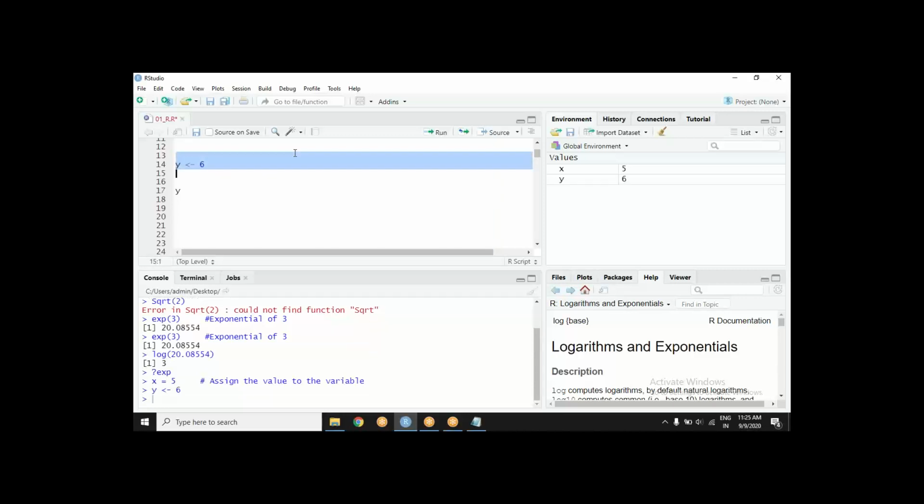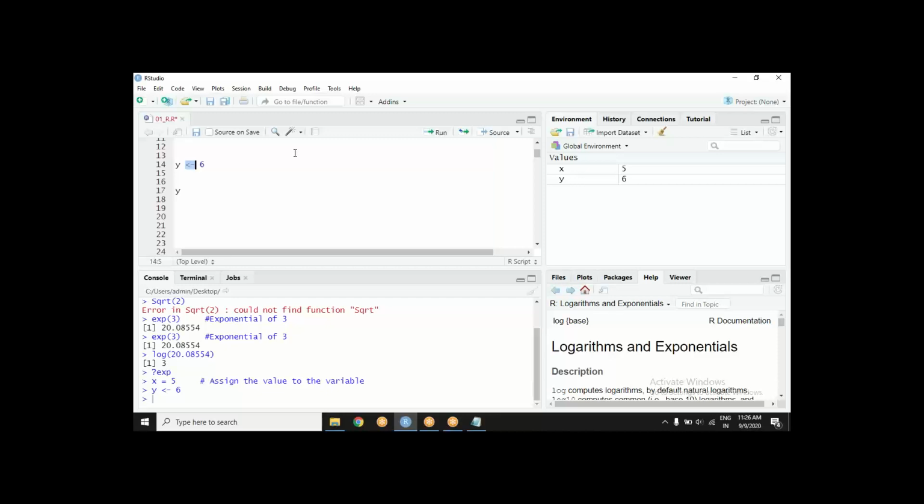If I run that, same result. How has this arrow formed? You type the less than sign and then you type the minus sign immediately after that. So it becomes an arrow kind of thing, and when it is an arrow, then it becomes an assignment operator.